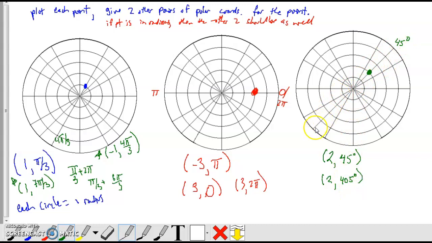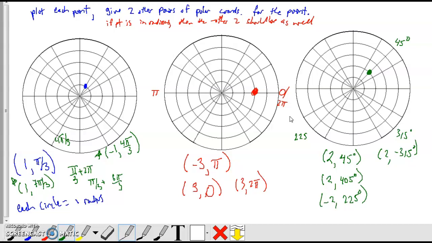It's on the same line as this guy, so this could be 225, but instead of going towards 225, I want to go away from it. So again, -2 comma 225. It's another way to write it. We can also use negative degrees. I just realized we never did that. So if we think about it, 45, this would be 315. So if I go -315, so 2 comma -315, again, that takes us right back to the same position. So we can use a lot of different combos